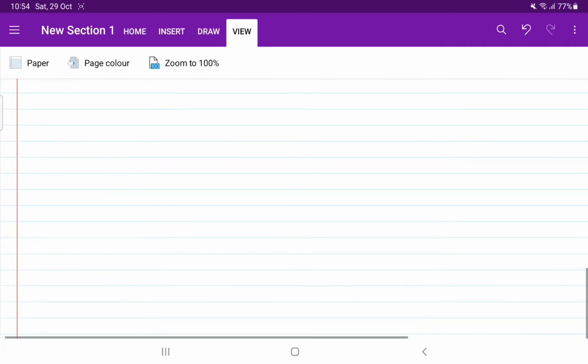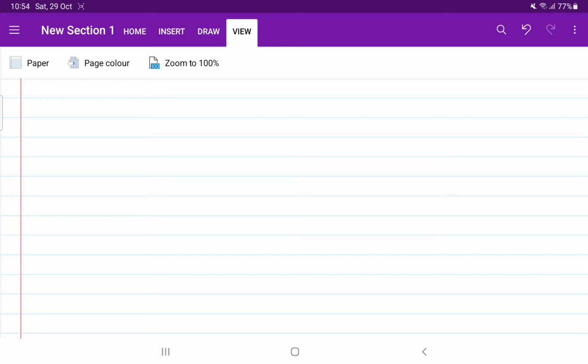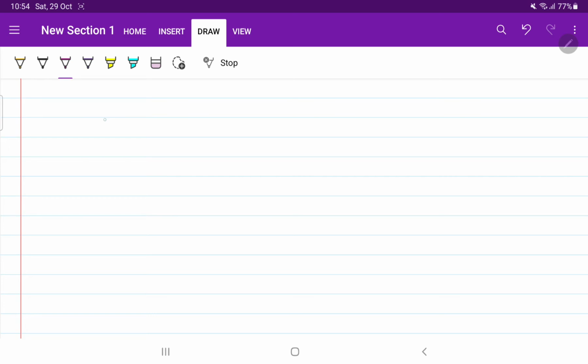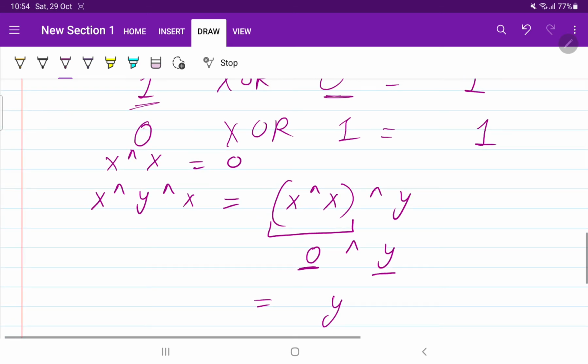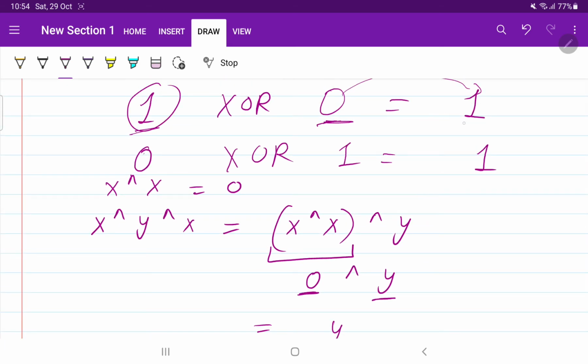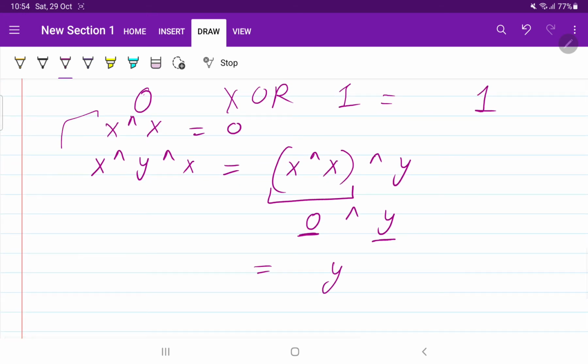So what I am going to do here is use some properties of XOR. What are some properties of XOR? Suppose you are going to find the XOR of x, y and x. This XOR of 3 numbers will be equal to x XOR x XOR y. It means you can rearrange the numbers, and we know that if both numbers are the same, it will return 0. So here we will get 0, and now the numbers are different. So what is the XOR of 0 and y? It will be that number y only. Here also, as you can see, the numbers were 1 and 0, so we got 1. We are going to use the same property.